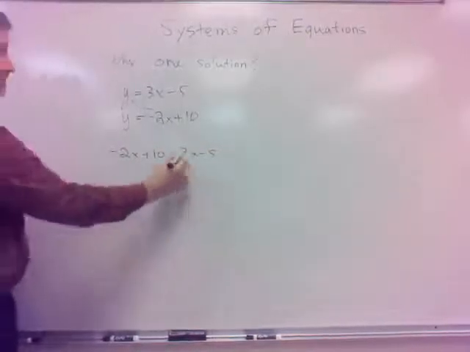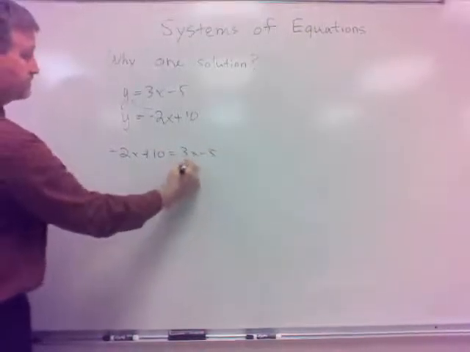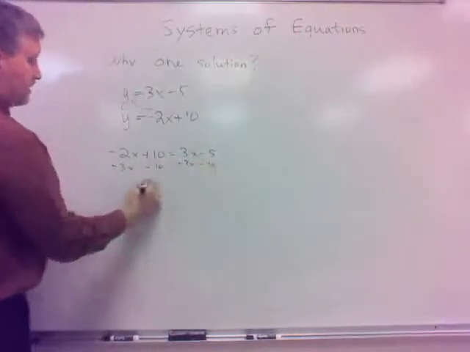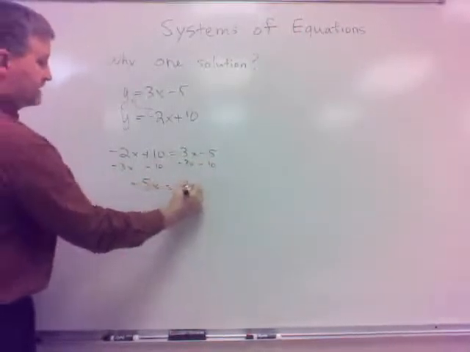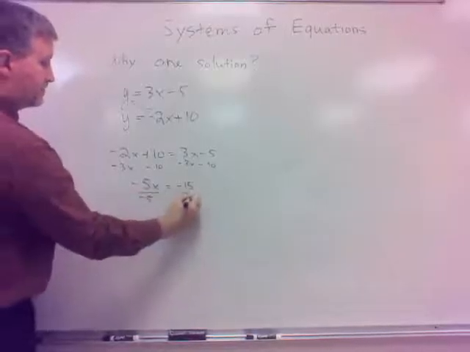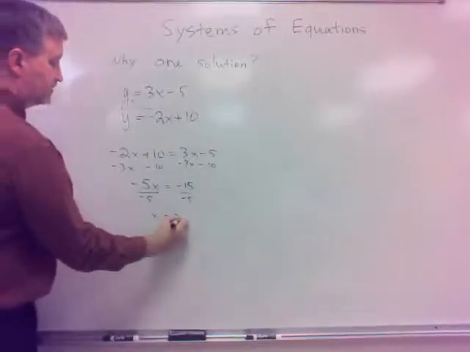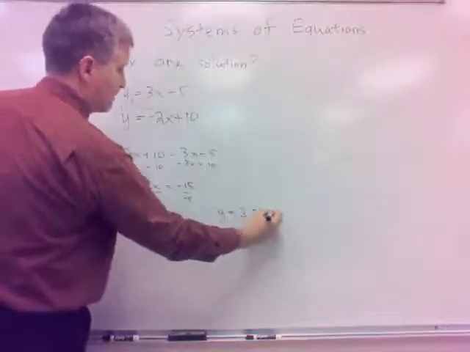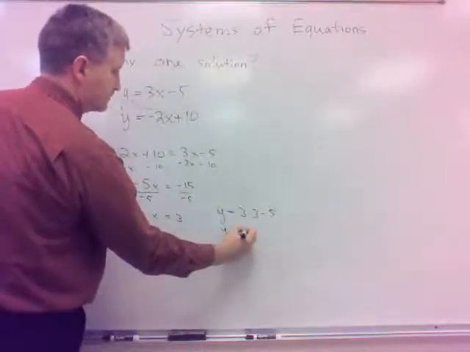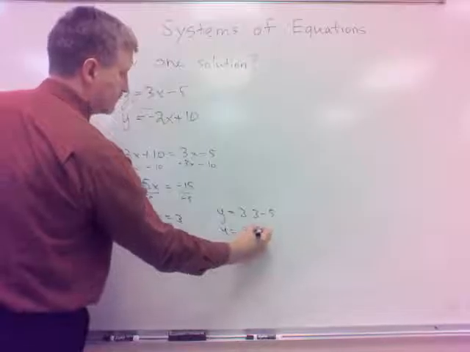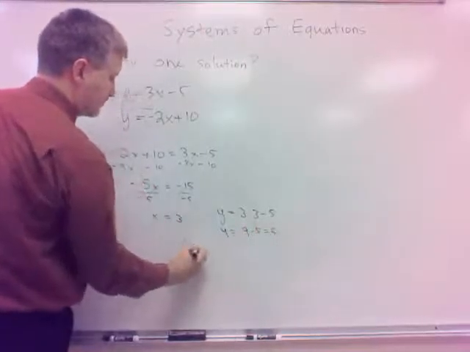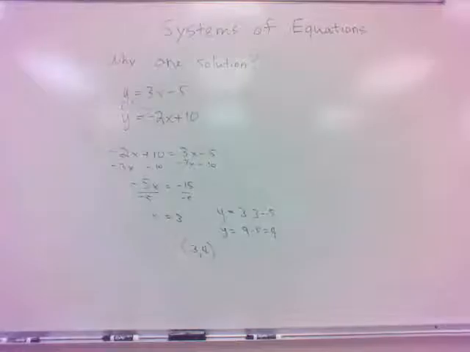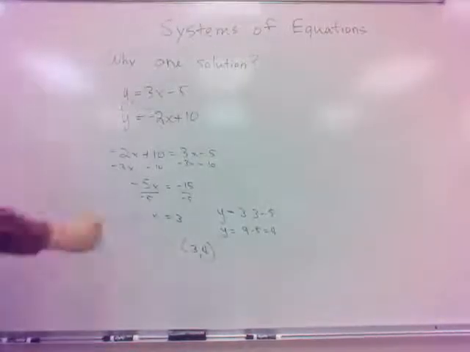Just solve that out for x. Let's subtract the 3x and subtract 10. Negative 5x equals negative 15. Divide by negative 5. x is 3. The y value then is going to be 3 times 3 minus 5, which is 4. So (3, 4). Again, one solution. Why is that? Well, let's think about